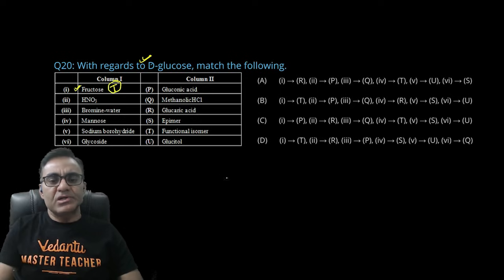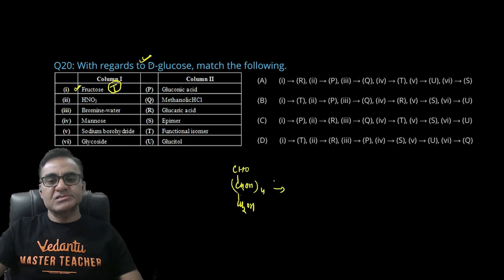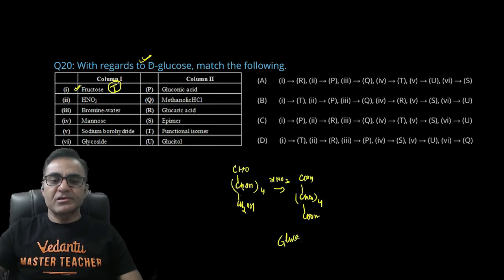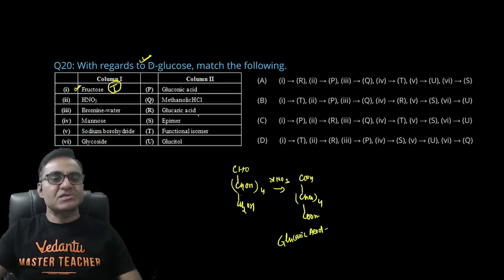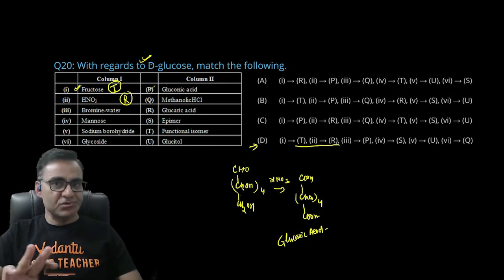सिमिलरली HNO3 व्हेन रिएक्ट विद डी ग्लूकोज, तो जो ग्लूकोज का CHO ग्रुप होता है एंड जो इसका प्राइमरी एल्कोहलिक ग्रुप होता है बॉटम में, अगर मैं HNO3 से रिएक्शन कराता हूं तो COOH में कन्वर्ट हो जाएगा, COOH, CHOH होल 4 एंड COOH। इसको हम लोग बोलते हैं ग्लूकारिक एसिड, राइट। एंड ग्लूकारिक एसिड का मैचिंग होगा R में दिया हुआ है। चेक द ऑप्शन, D मैच हो रहा है और दैट्स इट। T और R दोनों केवल D में ही है, तो आंसर तो आपका आ गया।